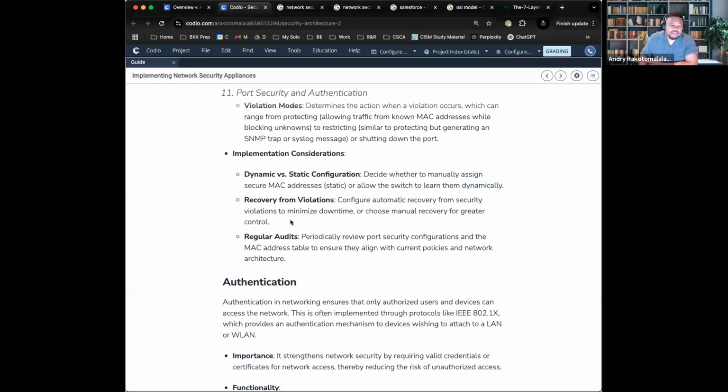Now, let's say one of your switches experiences a violation. Well, if it experiences a violation, especially if it's a shutdown, then you'll have to manually boot it up. Okay. Whereas all the other ones, such as dropping unauthorized traffic and logging an alert, don't really do anything. Shutdown is the main one that needs an actual recovery. And the last one, regular audits. So regular audits just means that you want to make sure that you double check the port security of all your switches regularly. Typically, this can be done with a central management platform, which we'll talk about here in a bit.